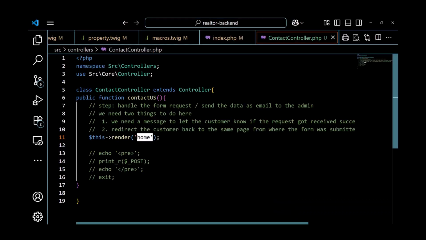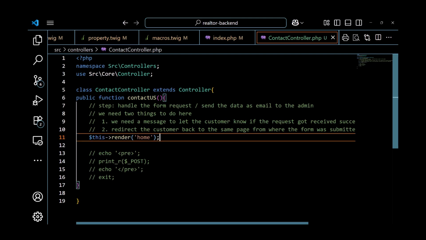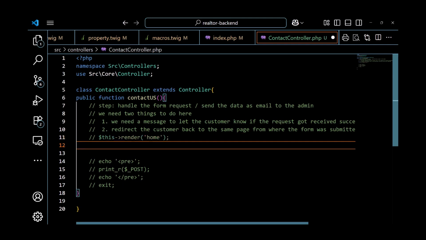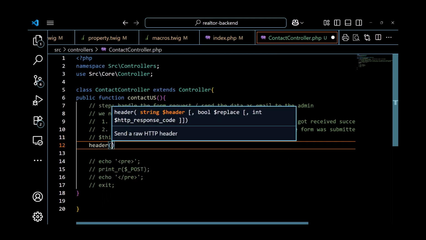Then when that request gets received by this method, contact us, which is handling that request, then over here, instead of sending the reply straight away like we are doing over here, we have to redirect the customer to another URL. So instead of doing this, we are going to redirect the customer. In order to redirect someone to a different URL, we have to use this header method, and it's going to be